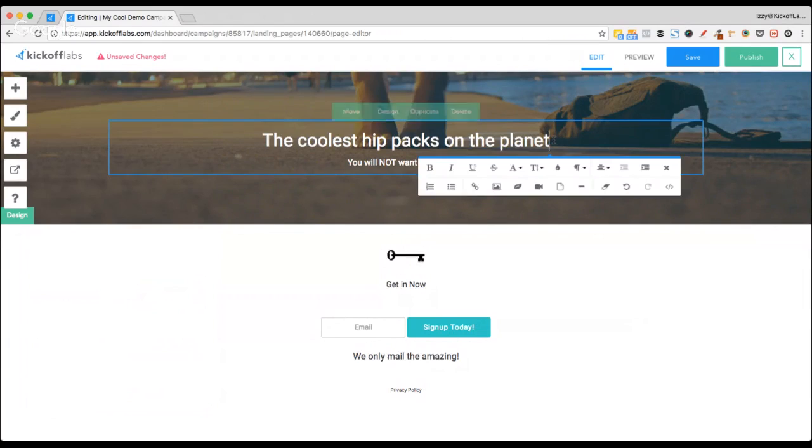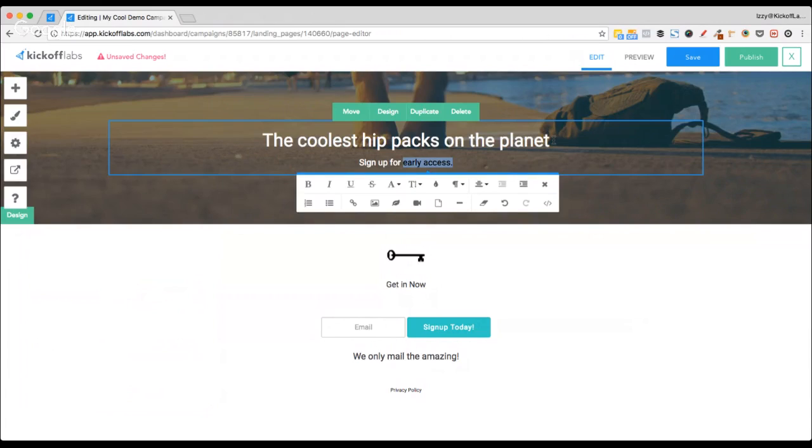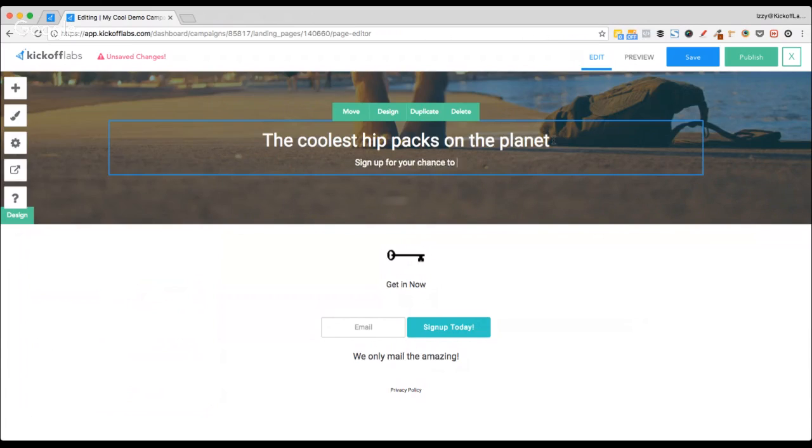But going back to the actual copy, let's say that I'm selling the hip packs, which we could call fanny packs, whatever. I'm not going to tell people sign up for early access. That's not really going to work. Unfortunately, it used to work, but people want something nowadays. They want to know what's in it for them now. So that's why telling them sign up for your chance to win a hip pack